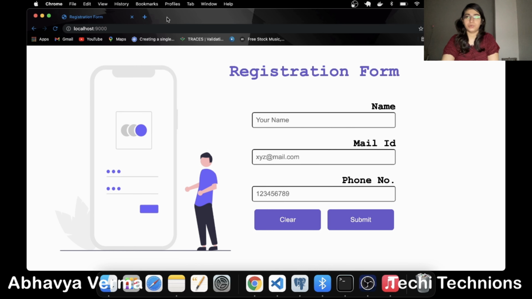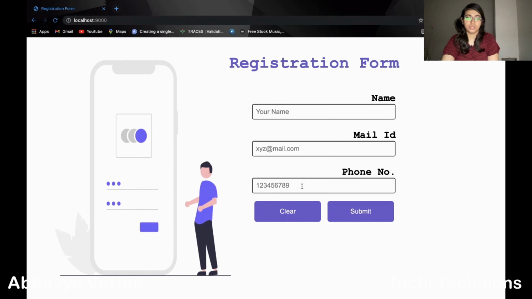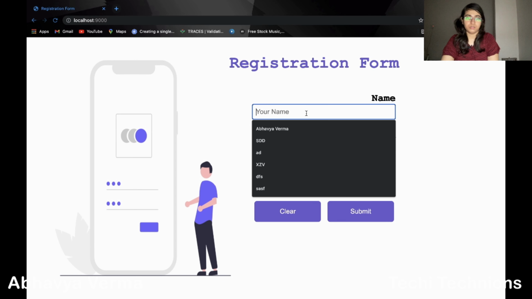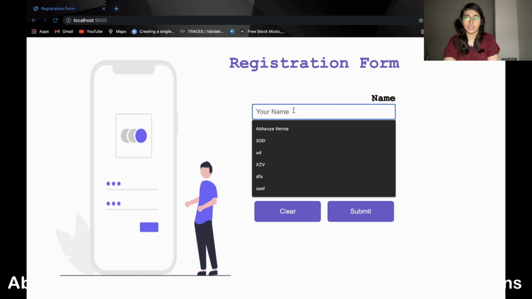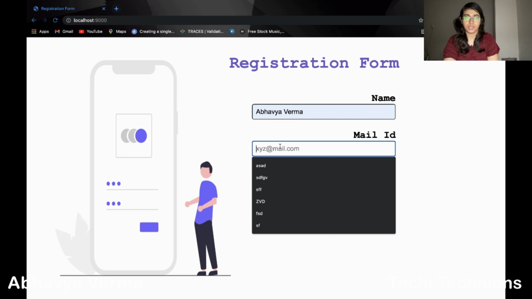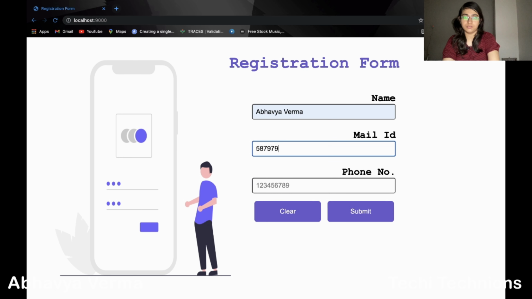This is the change I have made. Some animations I have added here. If you give anything here and click on clear, it will clear out the values. I give Abhavya Verma and some values here also, and click on submit.